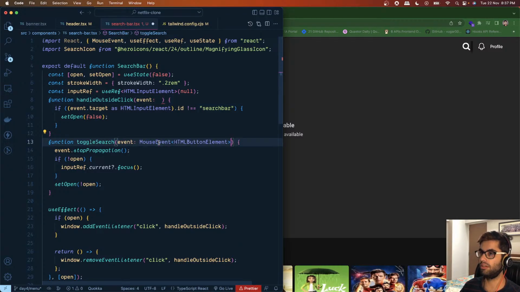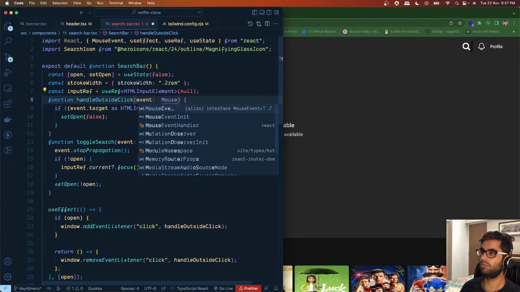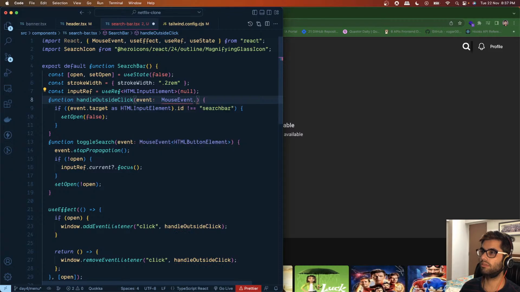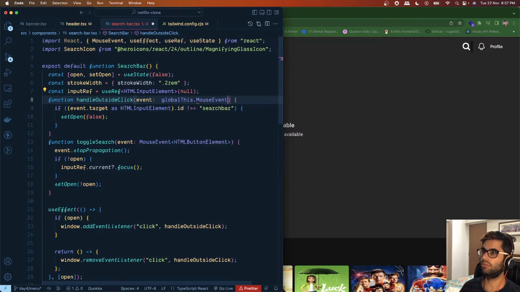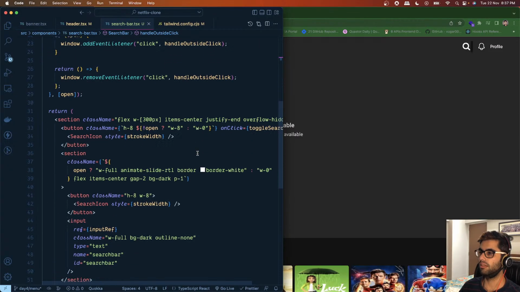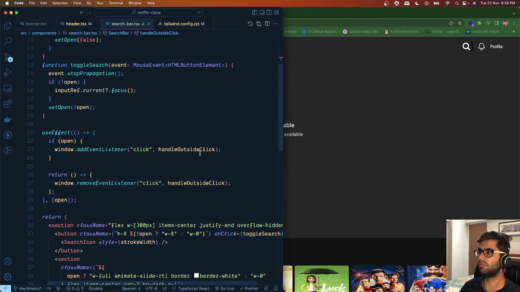Sorry, this should have been here. And this needs to be mouse event, not this one. We'll say global this dot mouse event. Okay, so all of the errors have been resolved,